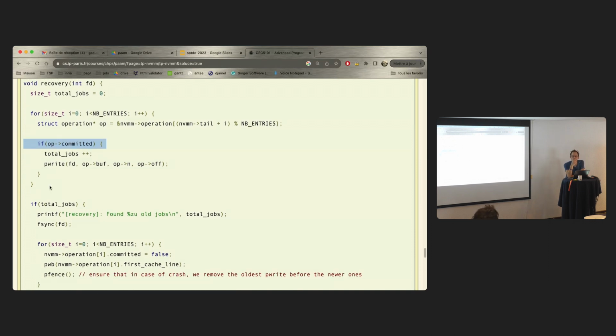Now, what you can see is that very quickly, we have just a producer-consumer. It's not something that is really complex. And at the end, what you can see is that the code is a kind of spaghetti. It's very complex at the end. So it means that when we want to write correct code for a persistent memory, it's really tricky because we